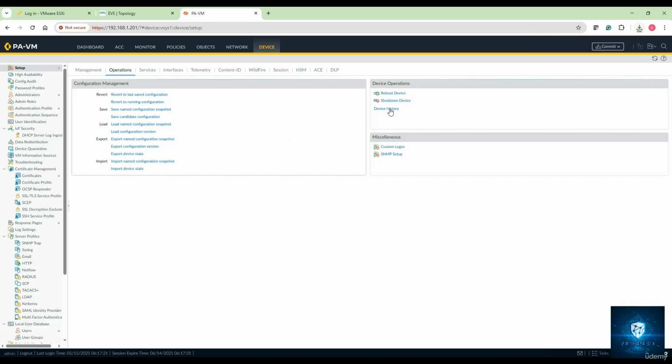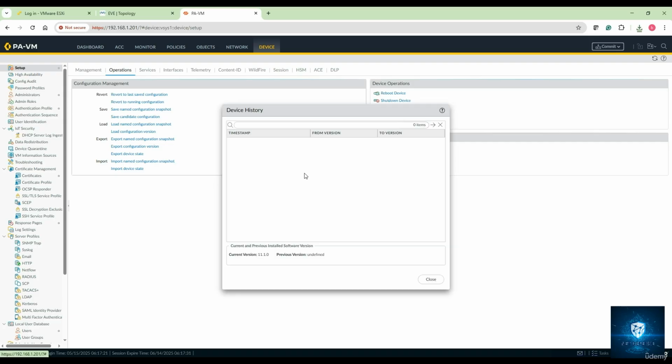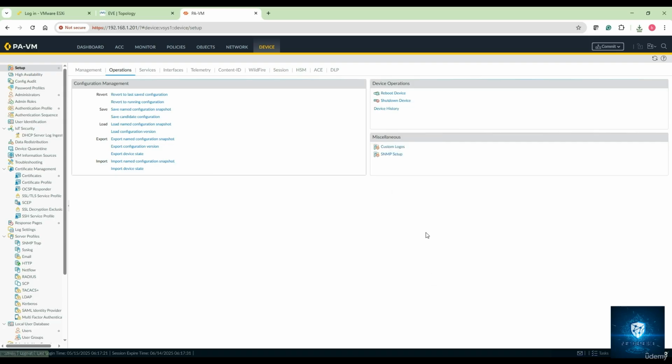And on the right side, you have got reboot device, shutdown device. You can go for the device history to check the various device configurations that were done. As of now, it just rebooted, so we'll not be able to do that. You can also create custom logos, or you can also create an SNMP setup over here. All right, so yeah, as I've told you, this export option and the import option that you see will not be saving any data to the local PanDB, but will save that information to your local computer, or the path that you specify, okay.